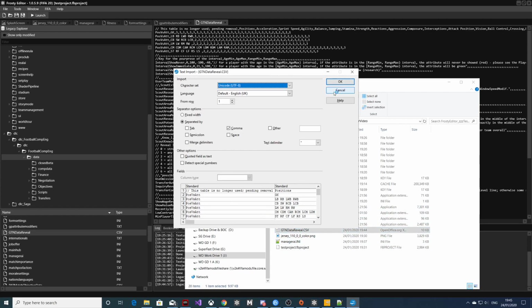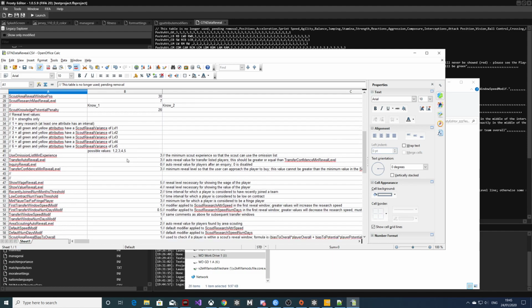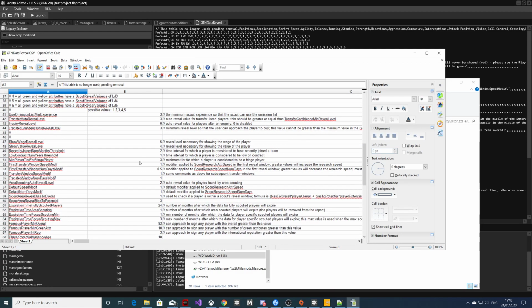Open it up. I've got OpenOffice, and even Microsoft Office will deal with these, no problem at all. Don't worry about anything like that because it understands how to deal with it on its own. So ignore it. And in here, you could change things like how long it takes to reveal the stats for